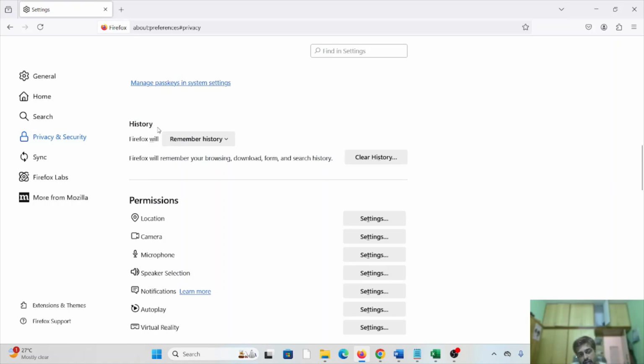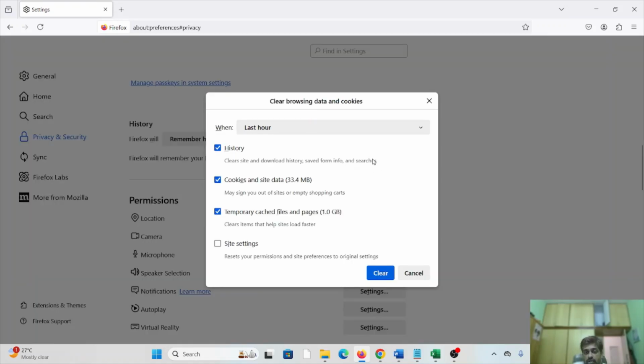Under history here you can see Firefox will remember history, and next to that here you can see Firefox will remember your browsing, download, form and the search history. So next to that here you can see the clear history. So click on clear history option, and here you can see whether you want to clear the browsing data, cookies and caches,